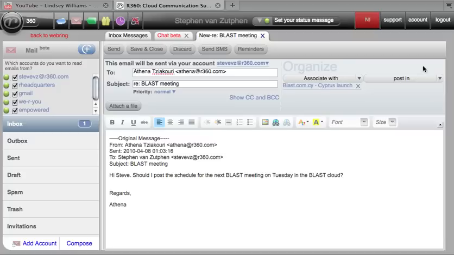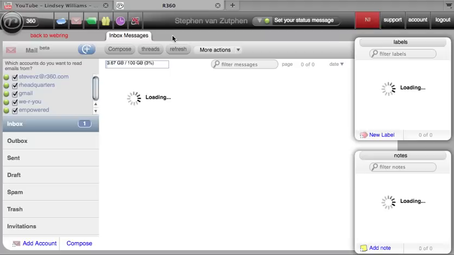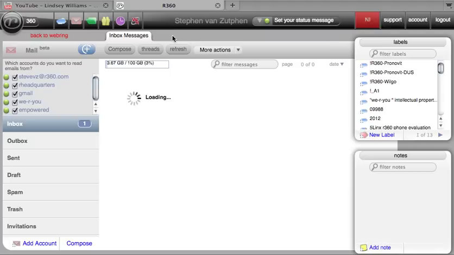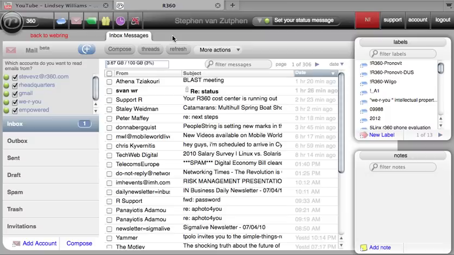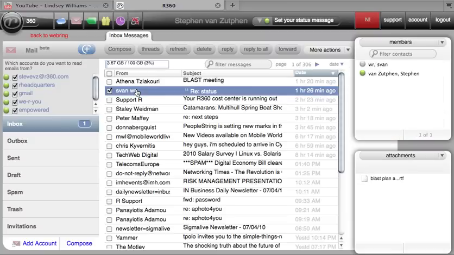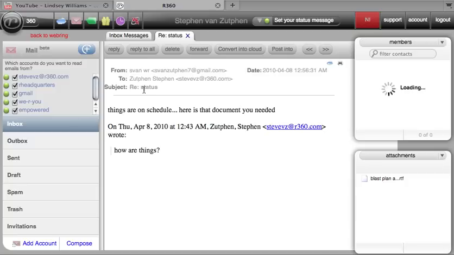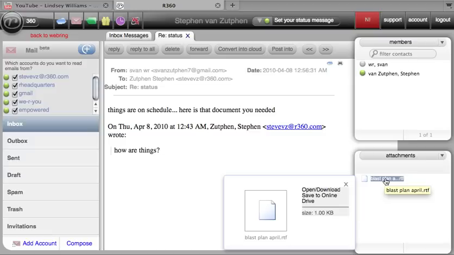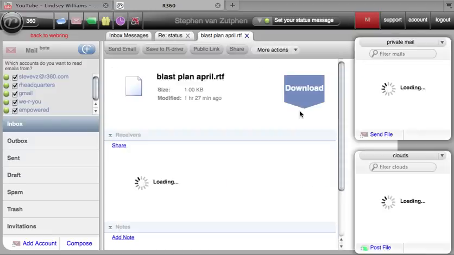So that's a small point, but these small points are things we deal with every day, and saving time on them is quite good. So I'm going to look at the second mail now, and I'm going to double click this one to open it in a panel, and you'll see I've got the document down here that was sent to me. And if I click on the document, it brings me into